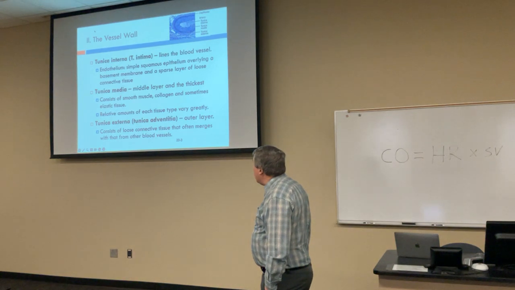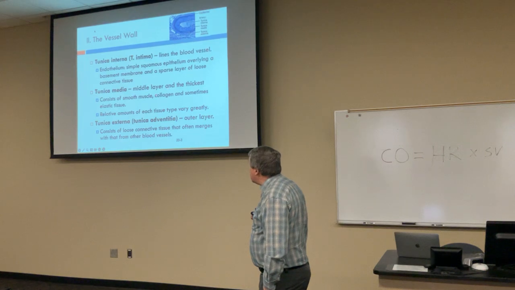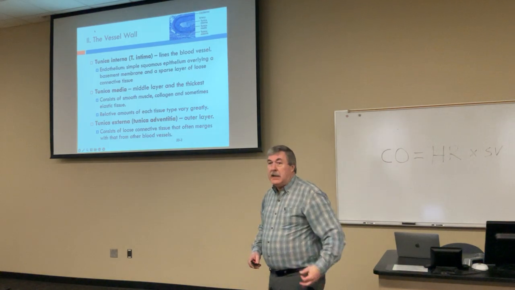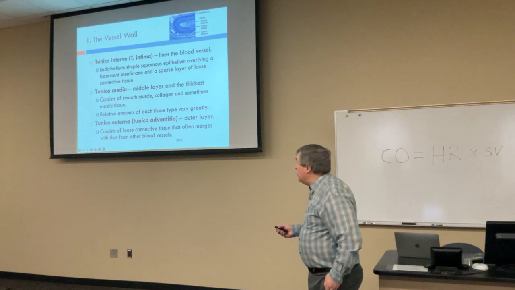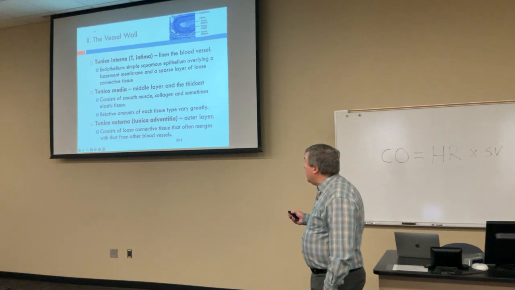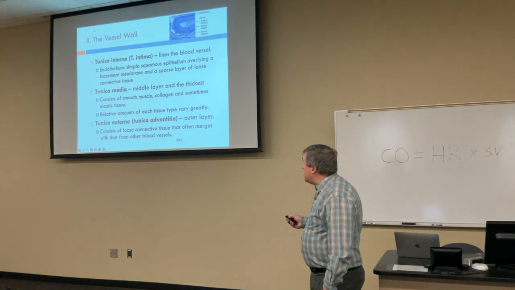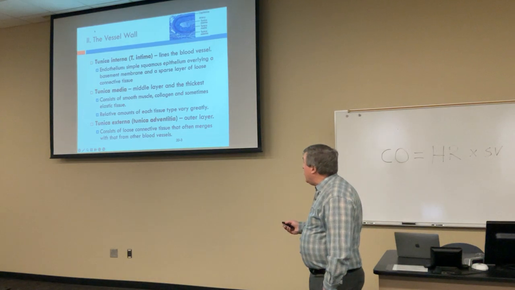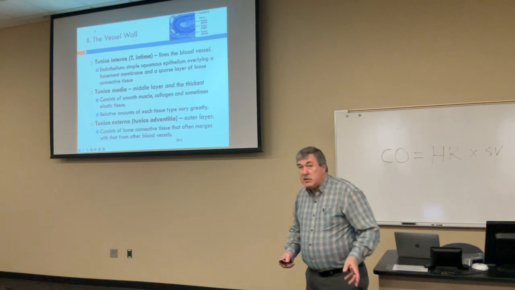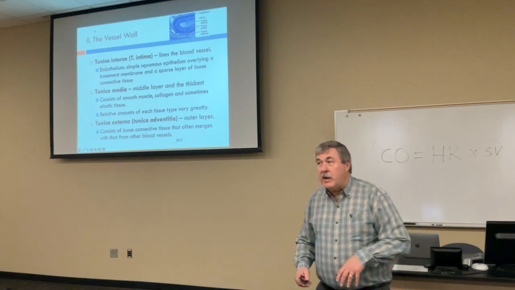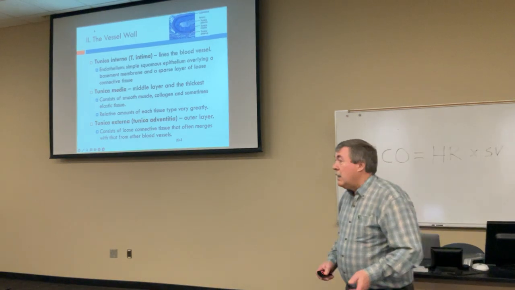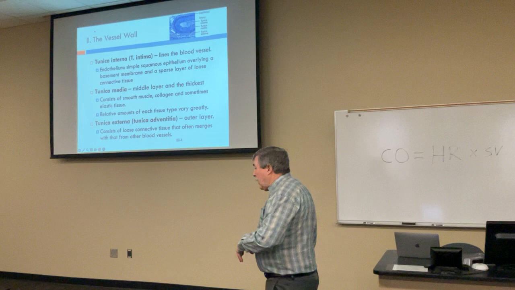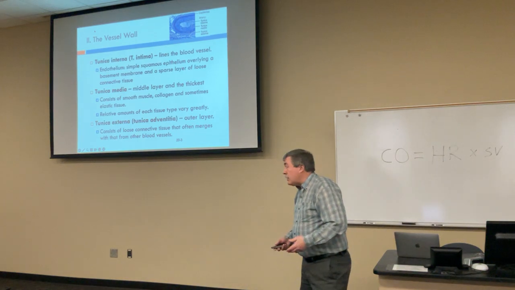Then the middle layer, which is sometimes the thickest, is the tunica media. Media means middle, or the median. Tunica media consists of smooth muscle, collagen, and sometimes elastic tissue. But the relative amounts of the smooth muscle and the elastic tissue vary considerably. You'll get an idea of the relative amounts when we go through the different types of